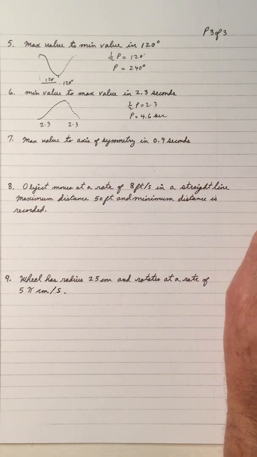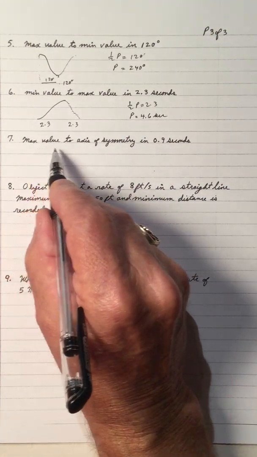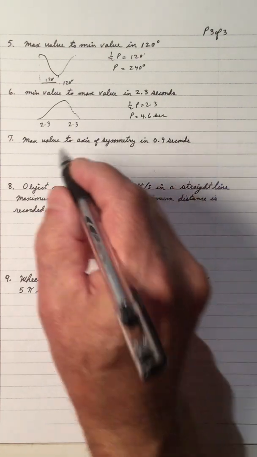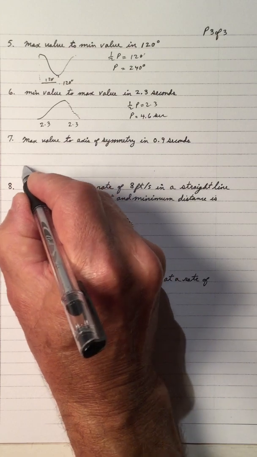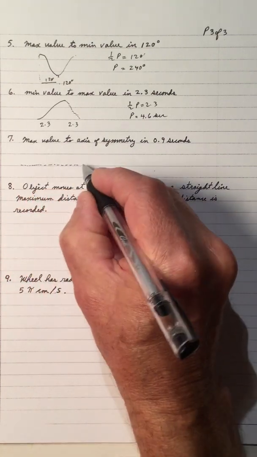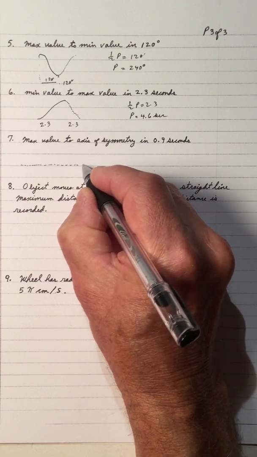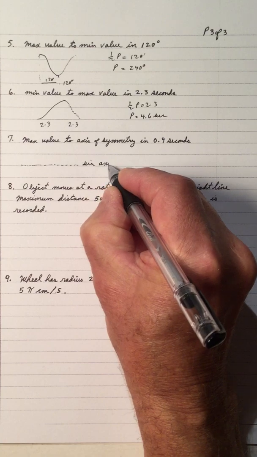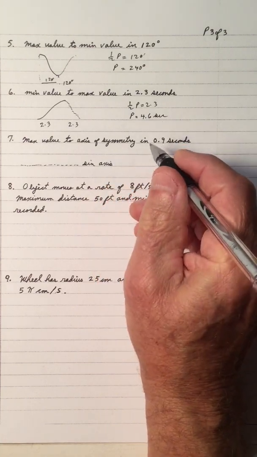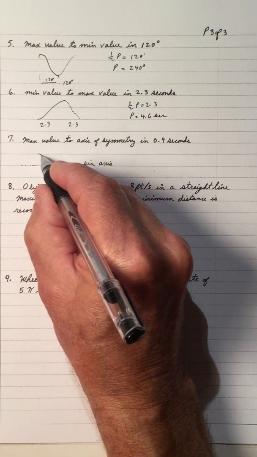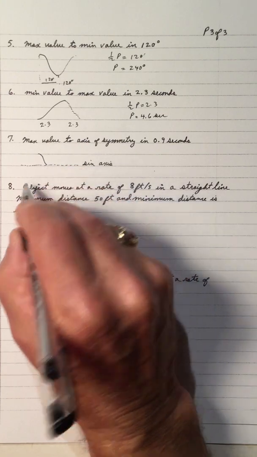Now, this one I made up a little bit different. Number 7, the maximum value to the sinusoidal axis is 0.9 seconds. So let's just draw a little graph here. Let's pretend this is the sinusoidal axis, the axis of symmetry. From the max down to the sinusoidal axis, right here, it's